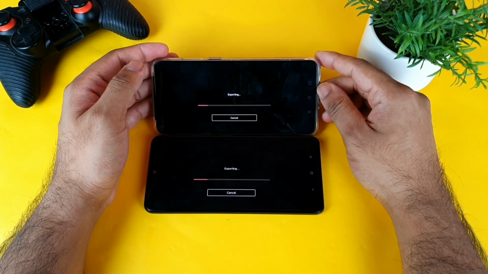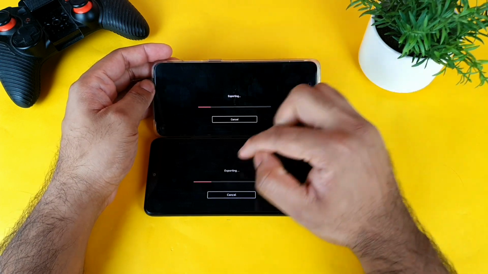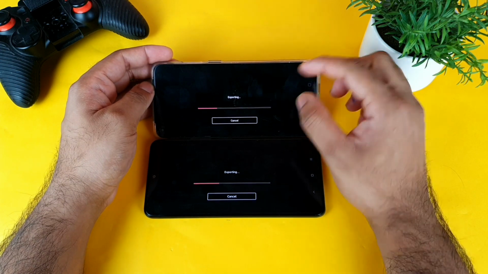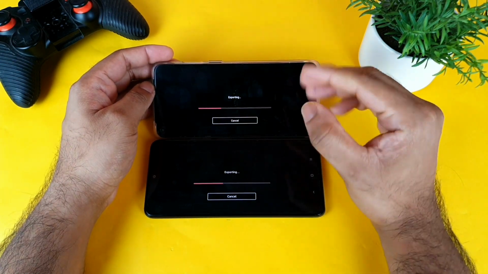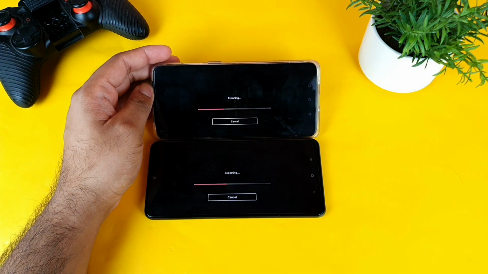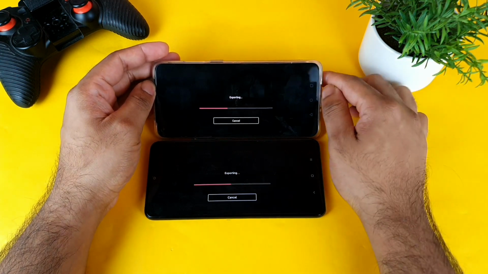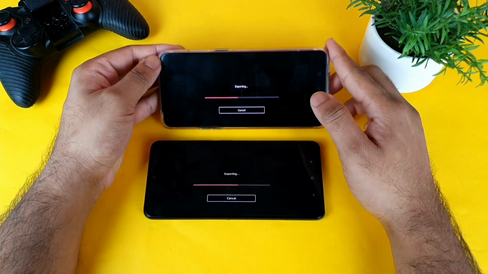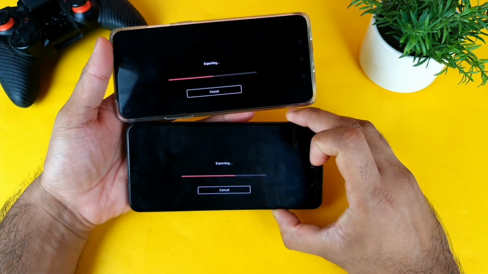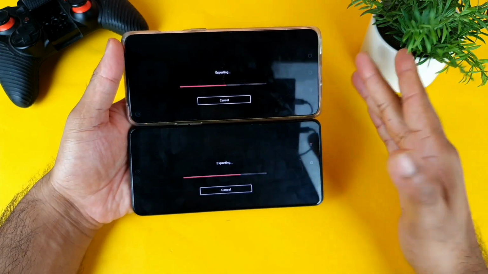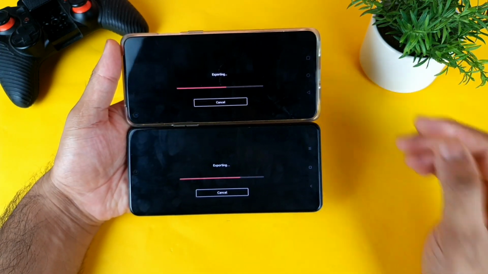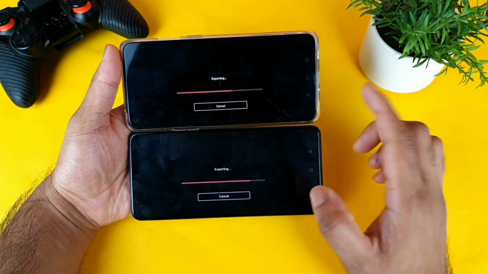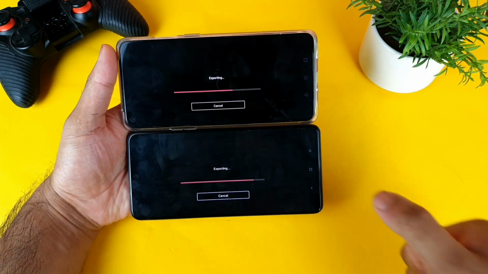Even after calibrating the hardware properly, the Mi 11X is still slightly faster than the OnePlus 8T. That is what I noticed after calibrating as well. As you can see, the speeds between both are very close to each other this time. You can compare the speeds, friends. Not much far away, but definitely the Mi 11X is slightly faster than the OnePlus 8T in terms of exporting 4K at 30 FPS. I think the Mi 11X will finish the test faster than the OnePlus 8T. You can clearly see the difference, friends.